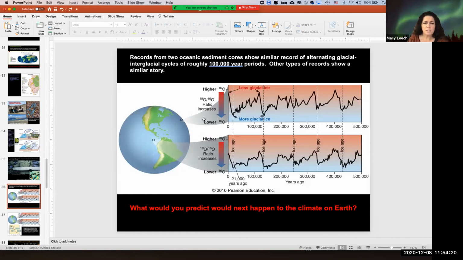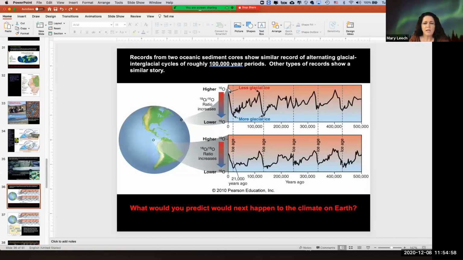Okay, so this is the oxygen 18 to oxygen 16 ratio. You always put the 18, the heavier isotope, first when you describe these ratios. And what you see is, this is supposed to be high oxygen 16 on the top and low oxygen 16 on the bottom. So high oxygen 16 tells you glacial period or interglacial period, if you're taking this from the ocean sediment or from these animals in their shells.